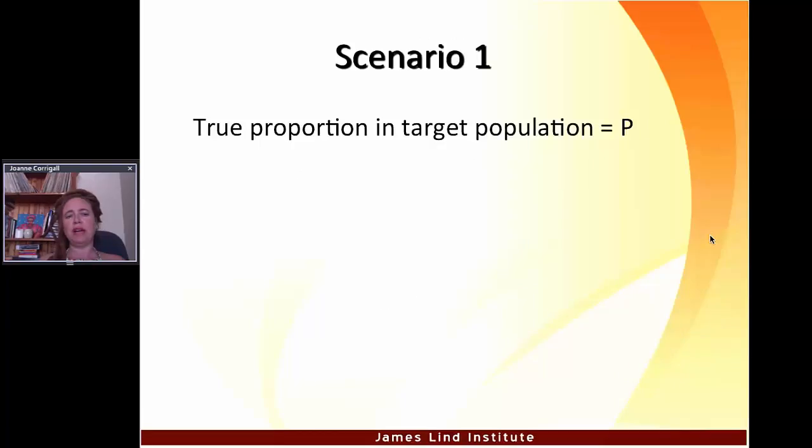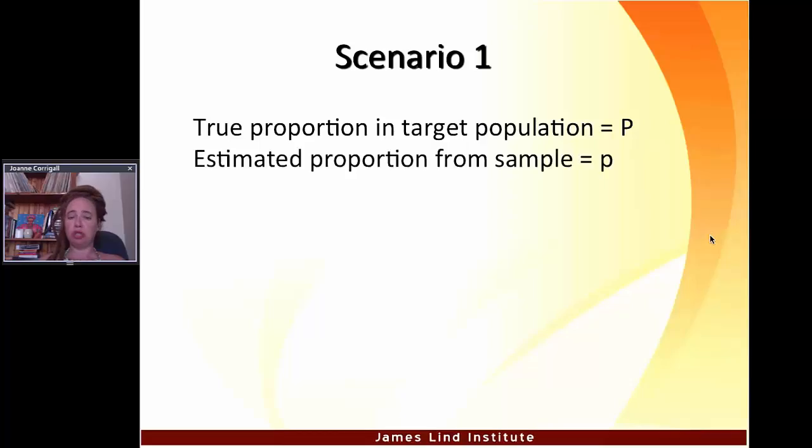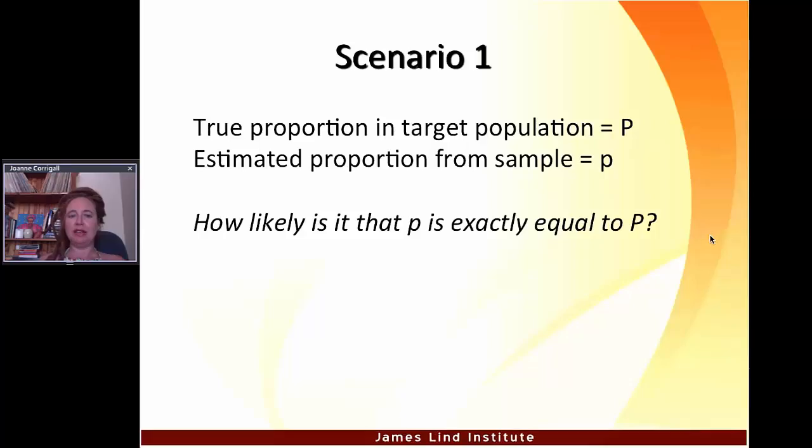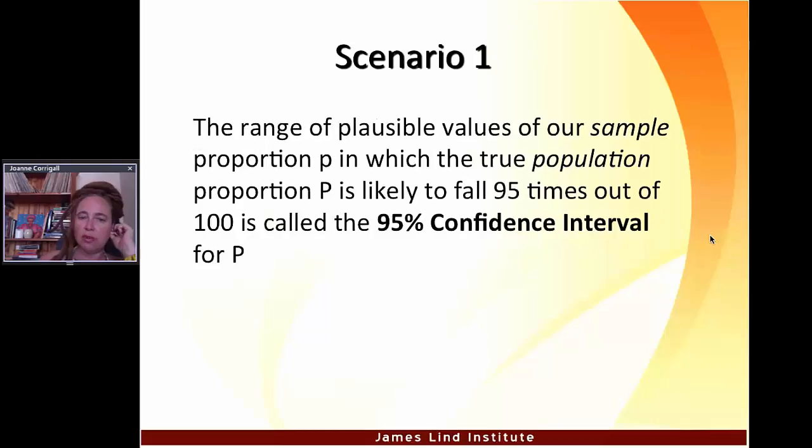So we can imagine the true proportion of, let's say, COPD in South Africa. We call that P, large P. Our estimated proportion would be small p, okay? So how likely is it that our estimated proportion is exactly equal to the true value in the population? So how likely is it that small p is exactly equal to large P? So the range of our plausible values of our sample